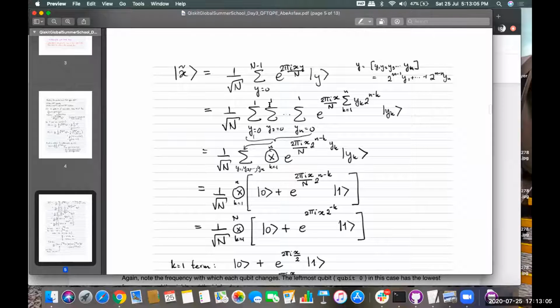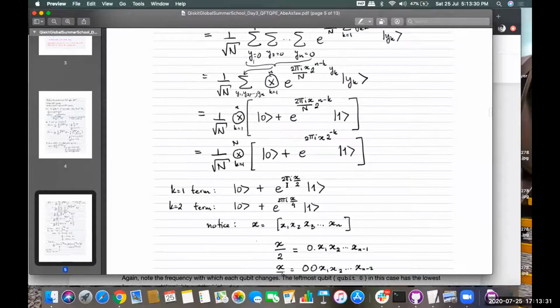Okay, so this is the inner product which we are calculating here, or if we denote it with this symbol which you can see, this denotes the tensor product here. So we are going to find the tensor product of all the summation of quantum state vectors y1, y2 till yk to the exponential of 2 pi ix divided by n.